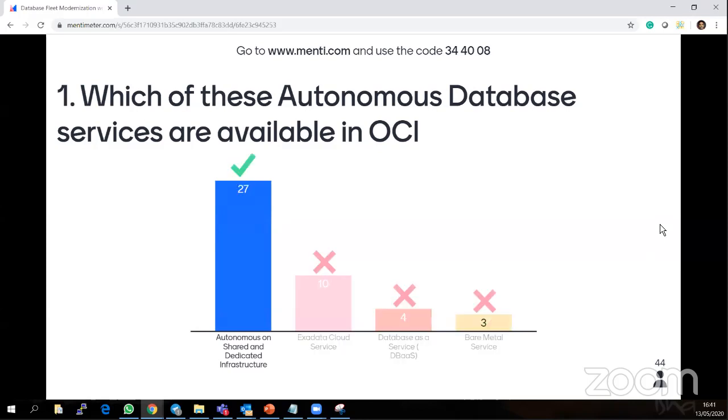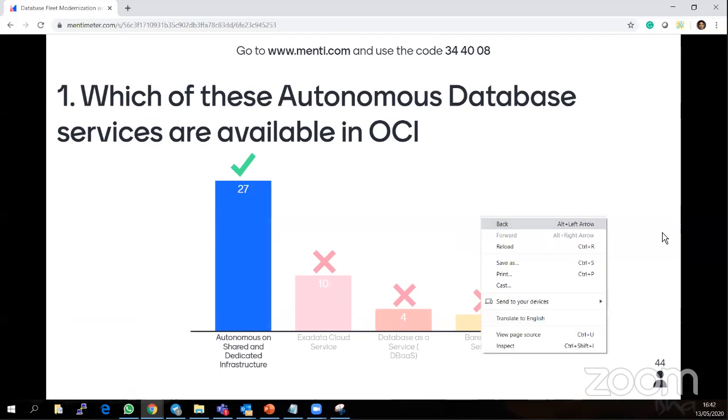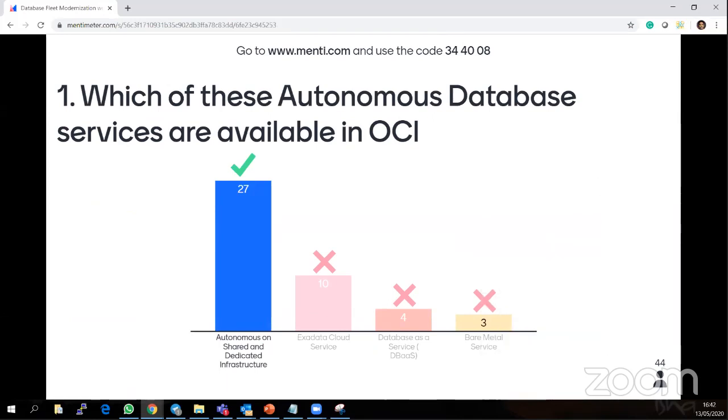Okay, so we have 27 answered right questions. I need to check why it's not going to the next page.